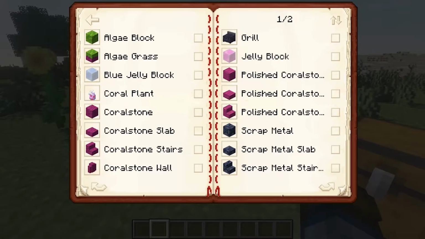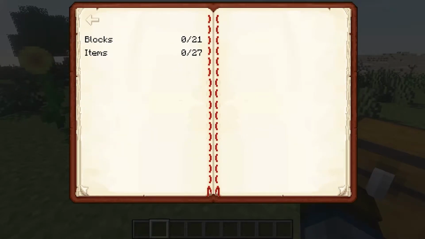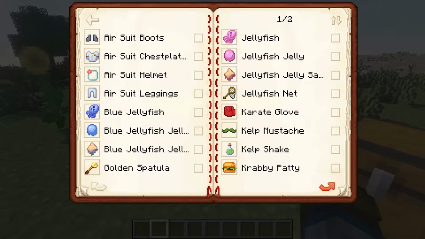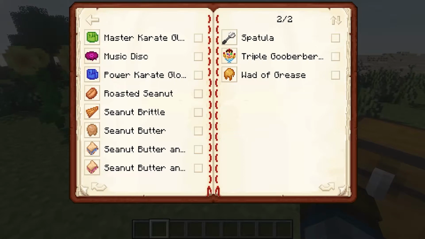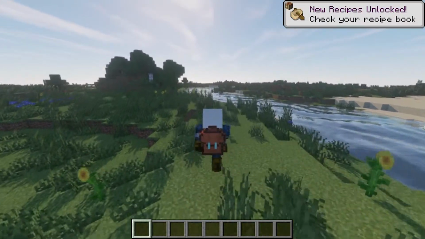So this is actually one of the most useful mods that you'd come across, Traveler's Index, showing you any mod you ever used or are using currently. It shows you what items are there, what blocks are there. It shows you, goes through everything. You're like, wow, look at this. This is pretty intense. Onto the fourth mod here, we have sophisticated backpacks, and this allows you to place backpacks,